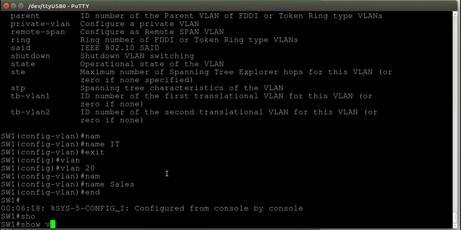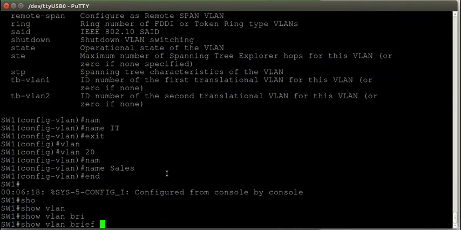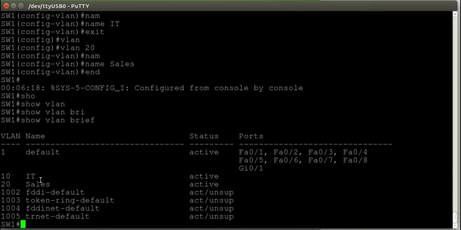Now when I do a show vlan command, in this case show vlan brief, we can see that we now have two new VLANs created on switch 1, VLAN 10 and VLAN 20. But at the moment no ports are assigned to any of these VLANs. Off switch 1, I've got my PC connected, and that PC resides on FastEthernet